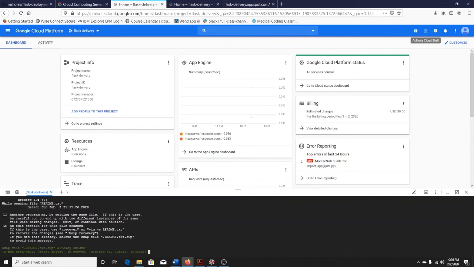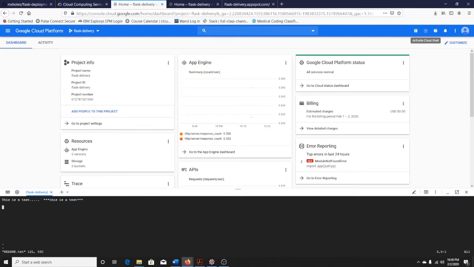Okay, I don't know what that was from. Maybe that was from an additional. Alright, so here it is. This is a test. This is a test. That's what was in my original. So I'm going to change that and say,